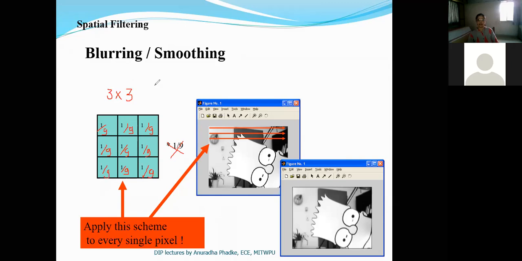When we take this 1 by 9 parameter, which is common to all the coefficients, we can represent the filter coefficients as shown here. All the coefficients are indicated as 1, but the entire mask is finally multiplied by 1 by 9. So this scaling parameter is very important. We take this 1 by 9 outside, and in that case all coefficient values are 1.